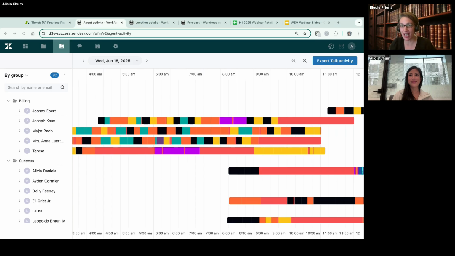So we just had one more question about troubleshooting steps. If you have any question about an agent activity or status that isn't appearing as it should be, or if you have doubts, please contact your Zendesk support team in the same way you would do for any of your other Zendesk product. That would be the recommended troubleshooting steps that we would share here. And I believe that is it